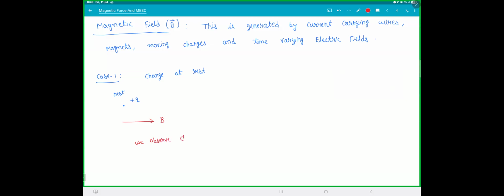So this case 1 tells you the magnetic force depends on the velocity also. This is actually the biggest clue. It is not an electric field. Okay. Case 2,